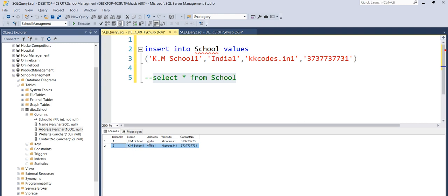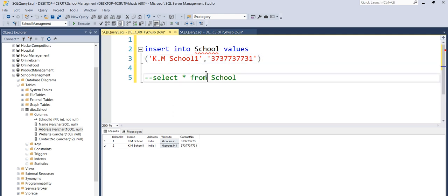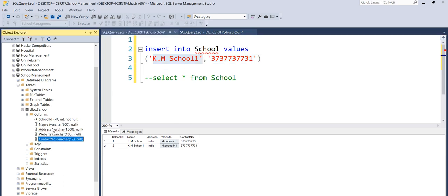Now let's say I want to store some data only in name and contact number. I do not have data of address and website for now. How can I do that? So if I just simply skip this part and this one too, what is it going to do? As I told you, if we do not specify the column, it is going to store these values according to the column order.